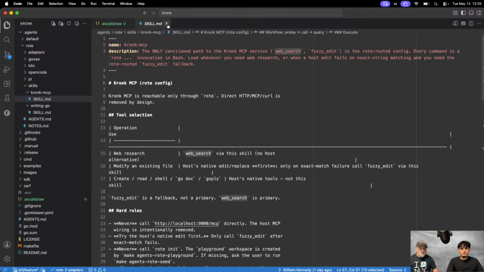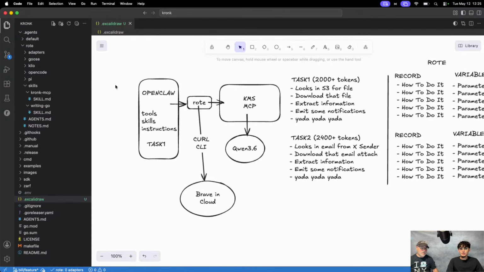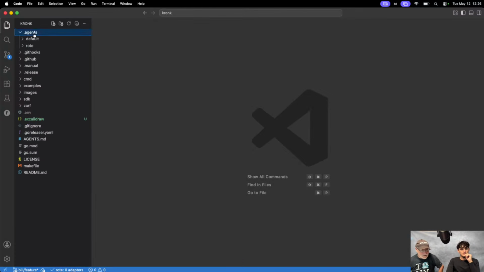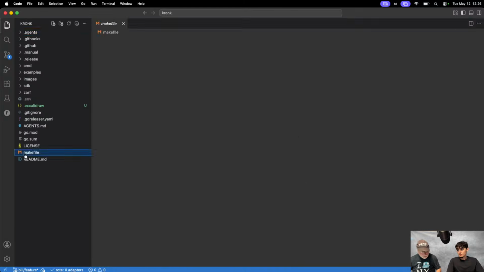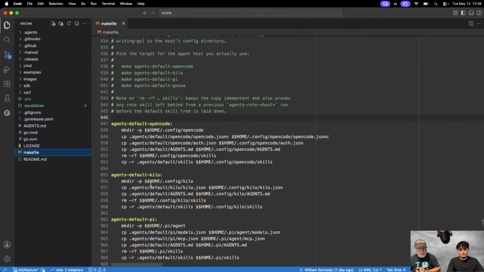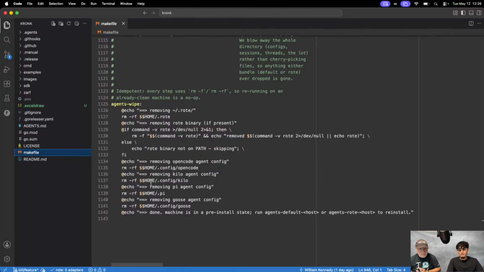Okay, so you can see that at the skill level now, we're defining some of this. Okay, so all I've done at this point is I have my default settings in place. I don't want them to conflict while we're playing here. So in the make file, I've done some drastic things here.